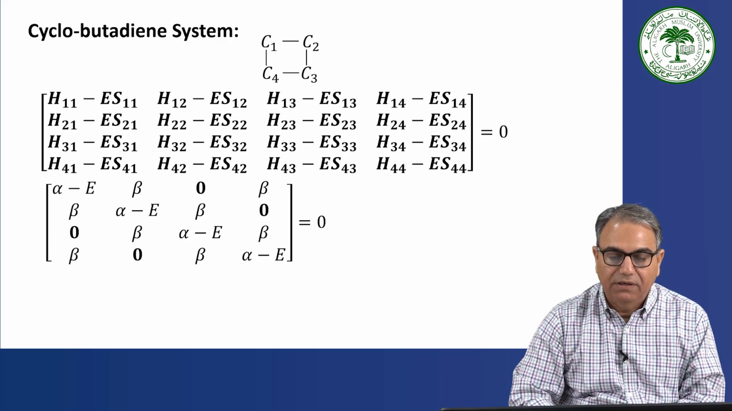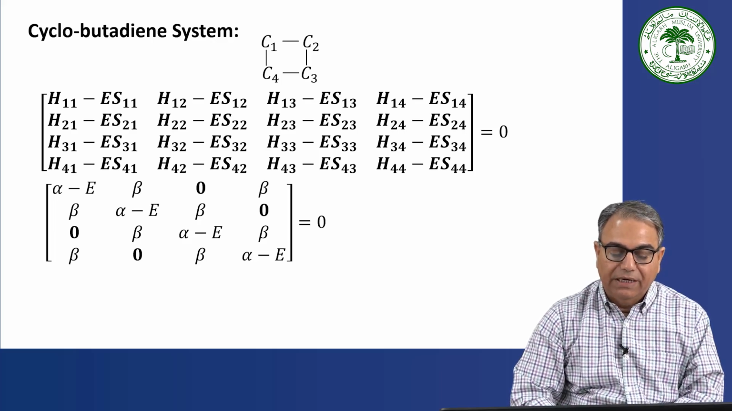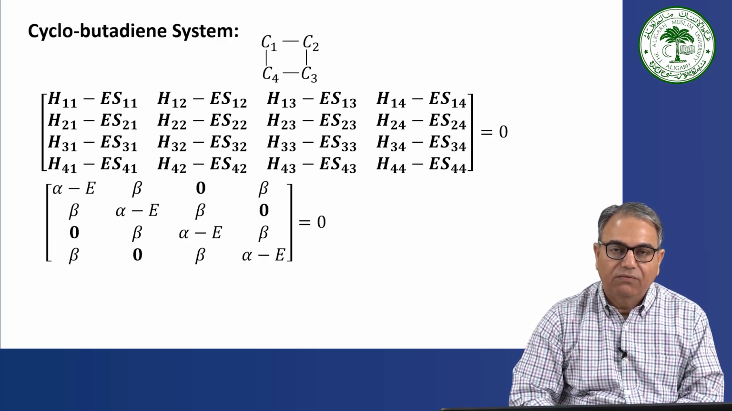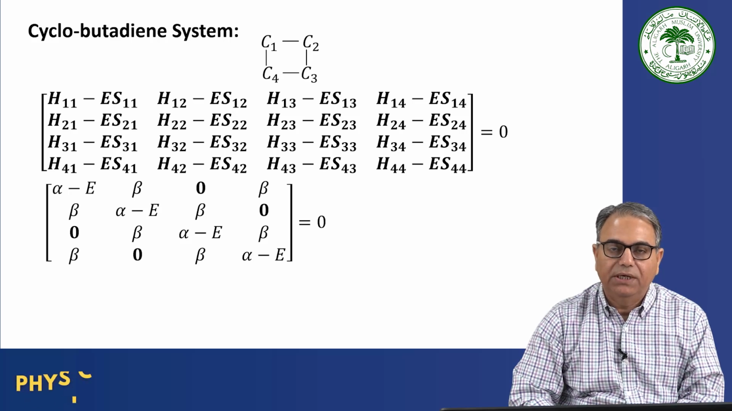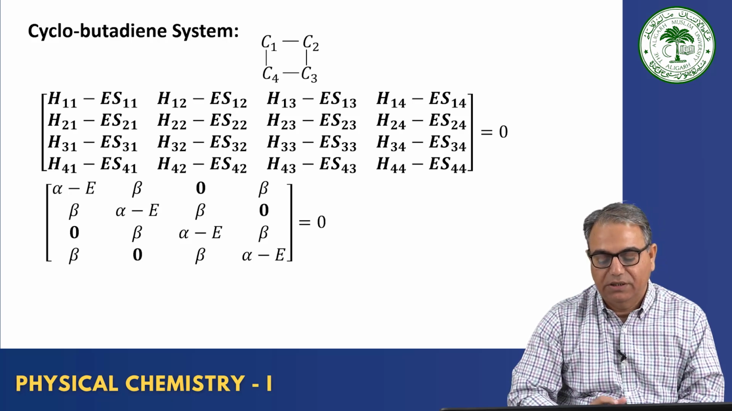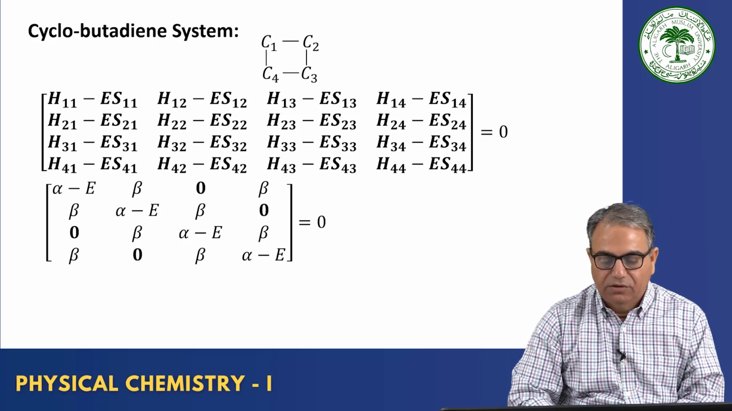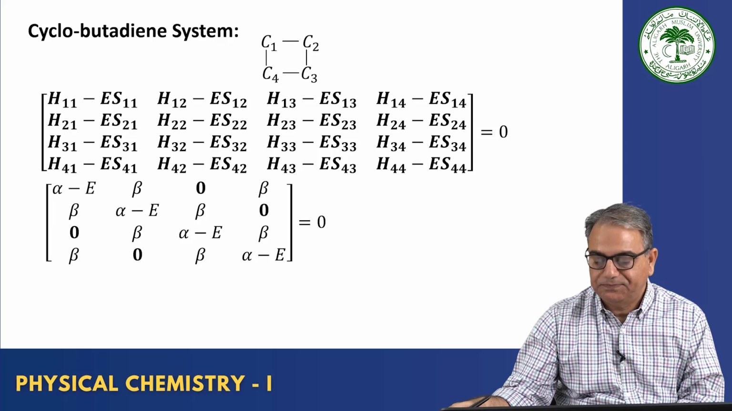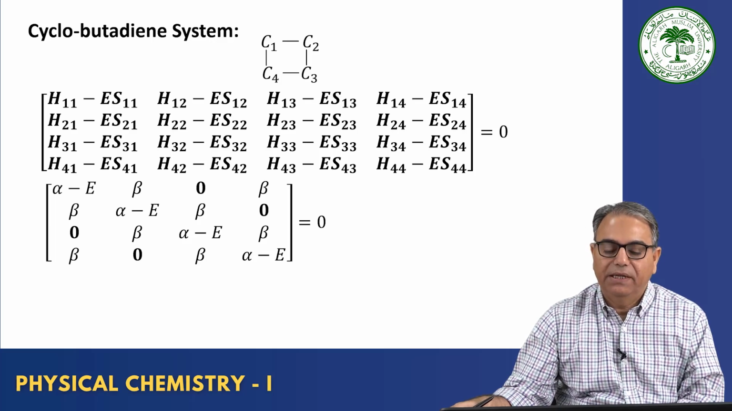Then you will have the last row. The last row is 4,1. 4,1 is again bonded, so beta. 4,2 not bonded, so 0. 4,3 bonded, so beta, and 4,4 essentially alpha minus E. Okay. So once you have written this one, then replace this determinant